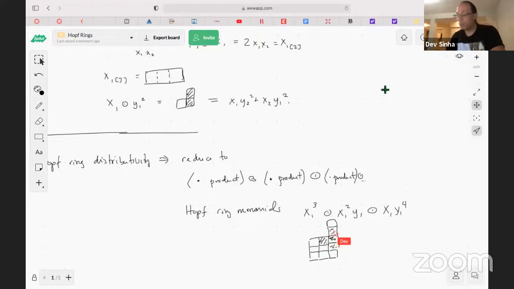You get this kind of diagram. So Hopf ring distributivity allows you to reduce to Hopf ring monomials. These Hopf ring monomials have this graphical representation. And so if you've got a good Hopf ring presentation, it's easy to get an additive basis